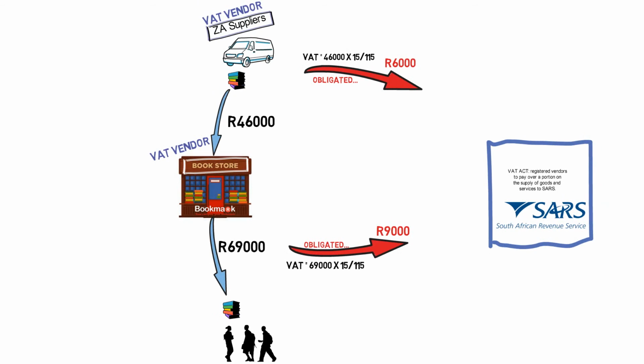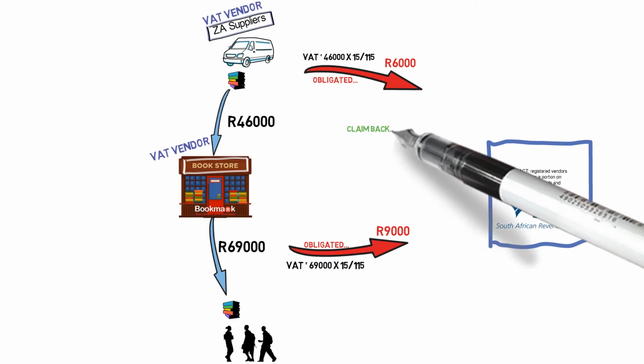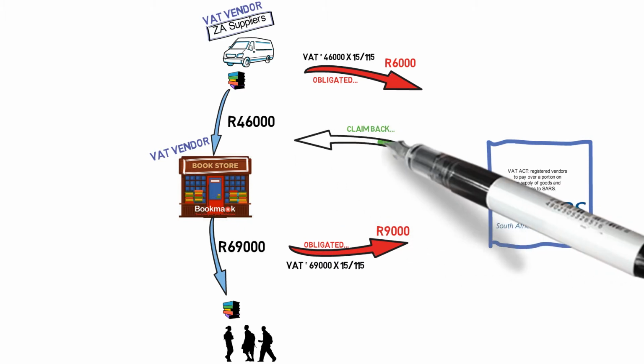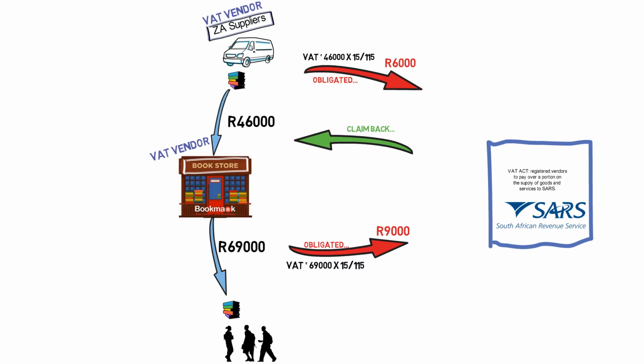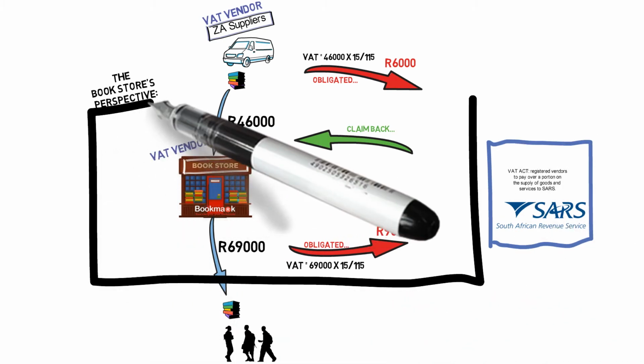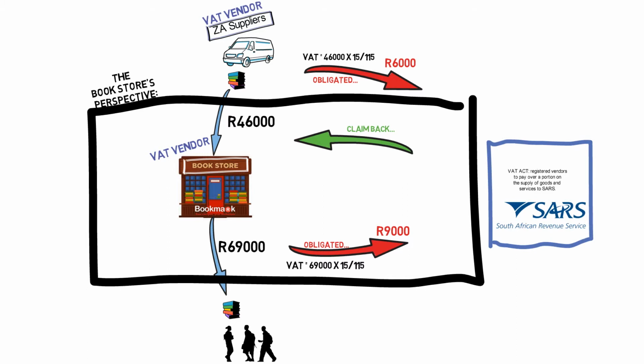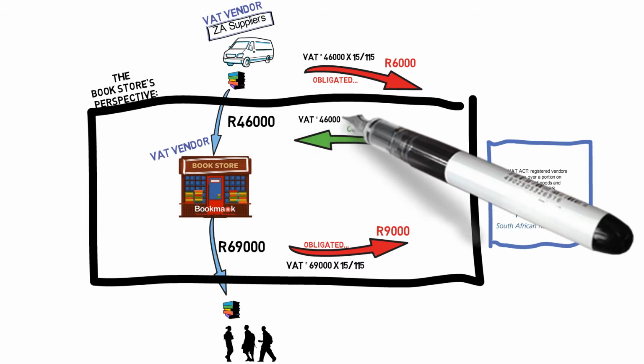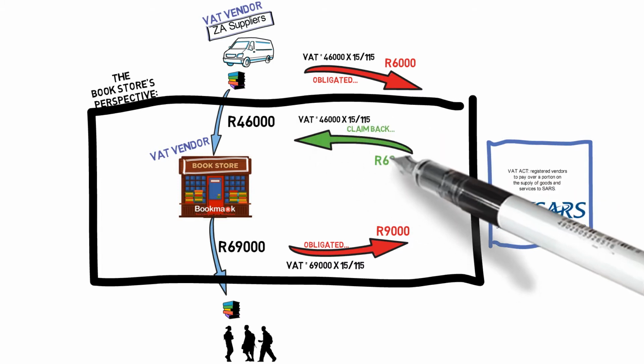But there's also a little bit of good news if you're a VAT vendor, in that SARS allows VAT vendors to claim back a certain portion from them. The portion that can be claimed back from SARS is equal to the VAT portion of the value of the goods that came into the business. So let's look at our example. The bookstore had goods to the value of 46,000 Rand that came into the business. The VAT portion included in that value is equal to 6,000 Rand, so they can claim back this 6,000 Rand